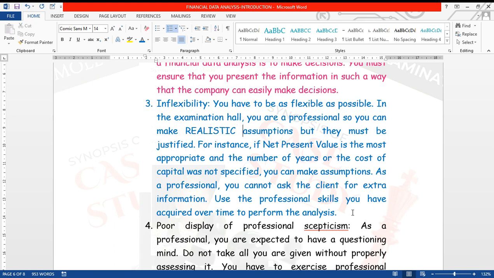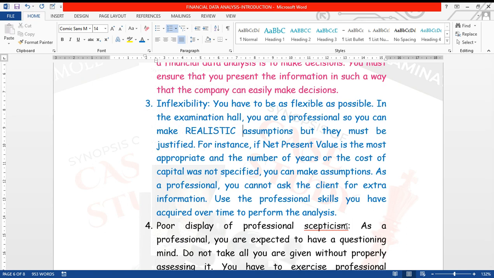But it's a different situation if you are given outflow, you are given inflow, you are given scrap value, but you are not given cost of capital. You can say, okay, every other information was given, just one is missing. You can assume. Not that you now assume everything, obviously. Do you understand? But you don't go and start asking the clients to give you more information. No, don't do that, okay?